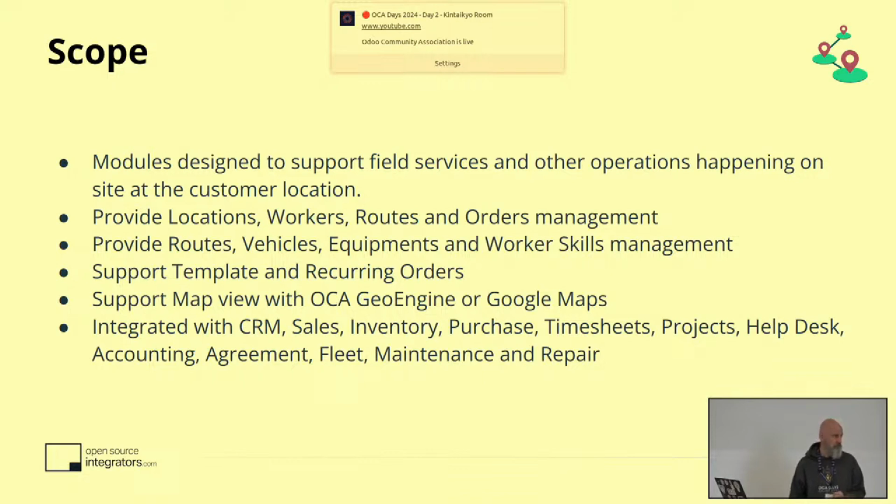What about the mobile support? So when they're outside, is it possible for the service employees to also register their times, their material, all that stuff using their mobile? Yep, so we made a mobile app